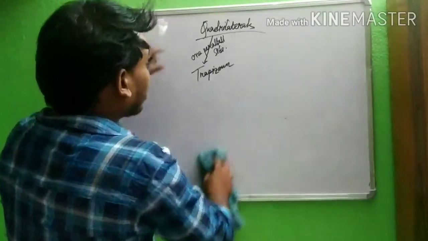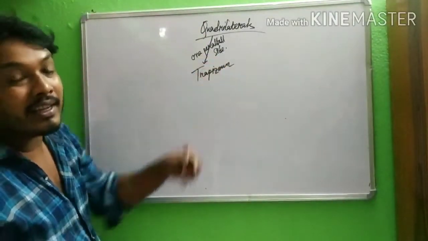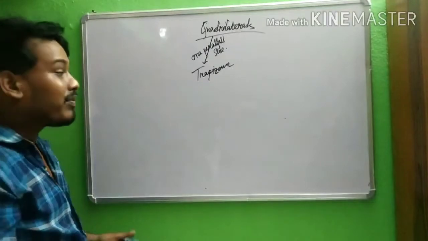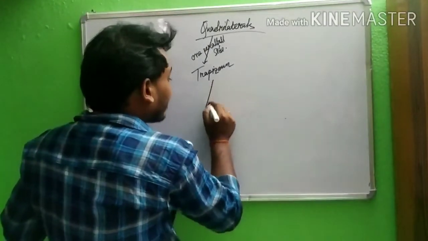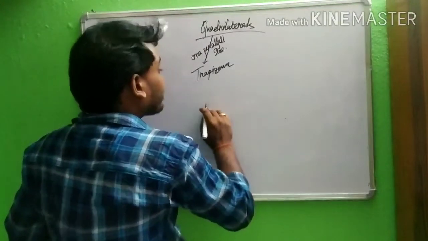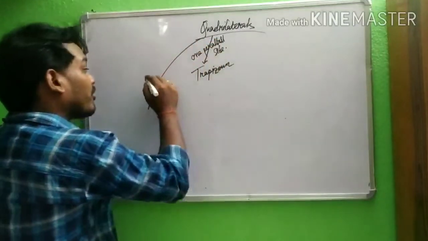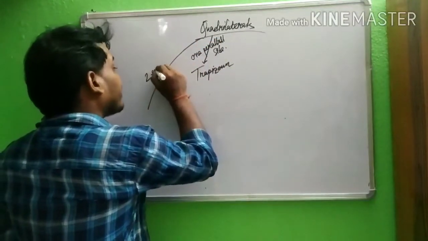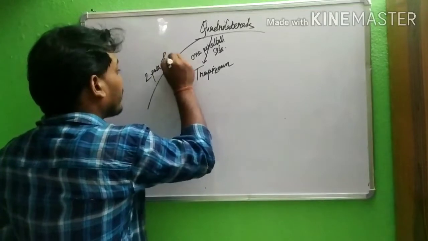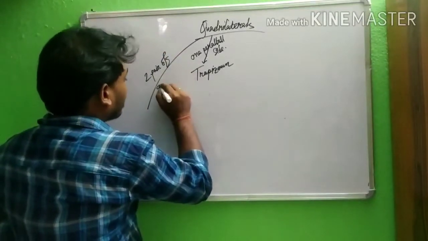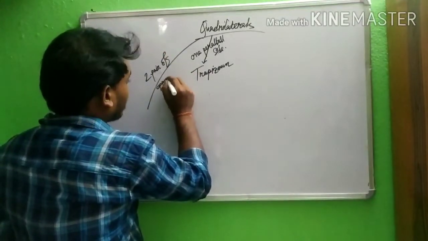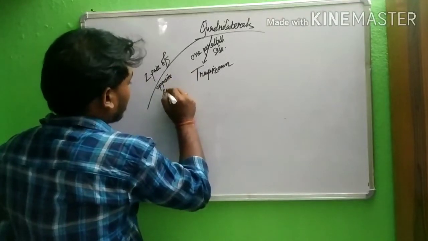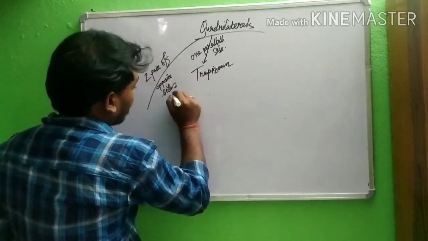So the first definition comes with one pair of parallel sides. If two pairs of opposite sides are parallel,